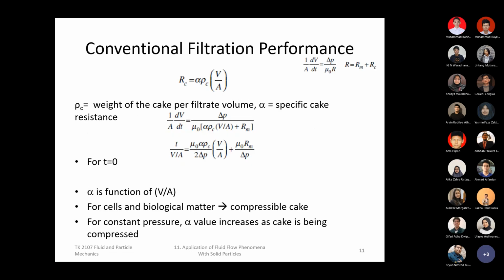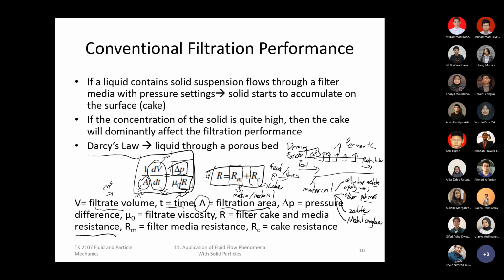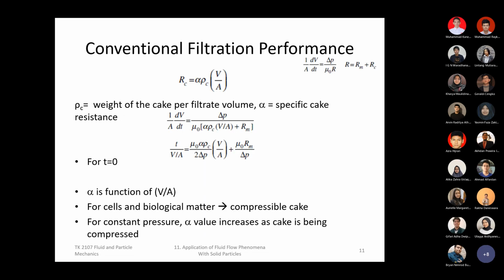And if we want to further derive this correlation, see how we can estimate this cake accumulation, because even the cake thickness could change along the way. So how can we estimate this resistance? That's what we're trying to do over here. That's the initial equation from the Darcy equation as expressed in the previous slide. Now we try to expand, especially the cake formation, because it could change depending on the thickness of the cake.